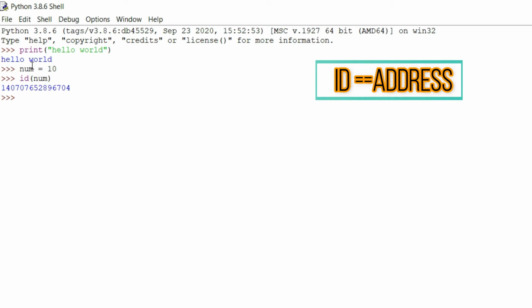Different variables have different locations. Suppose I create the variable num. For that variable num, I have a separate address, where I'm storing the value 10.